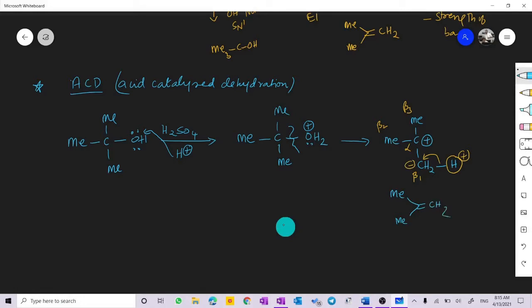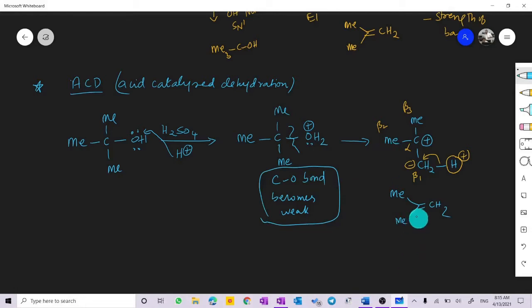Now, when protonation of this alcohol takes place, this C-O bond becomes weak. Why does it become weak? As I told you before, since oxygen is developing a positive charge, it will try to break this bond, being a more electronegative element than carbon. So this bond becomes weak due to the protonation of the alcohol, which then removes the proton to form a stable alkene. After the carbocation is formed, it forms a stable alkene.